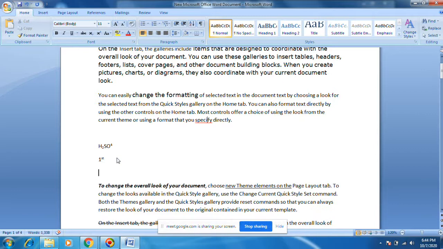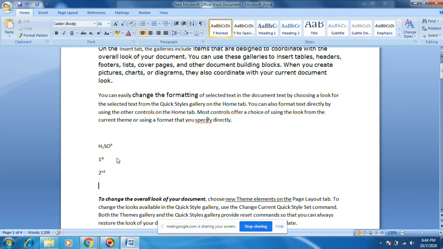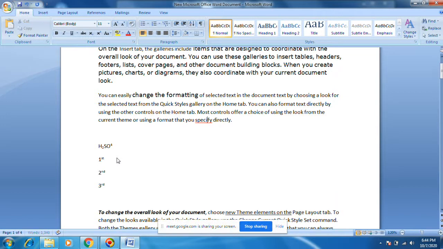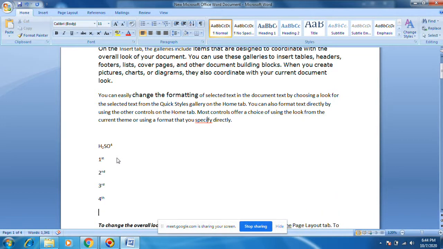It is going automatically. If it did not go, you can go there and then do that. Superscript. First to second, H2, you want to go down, display like this.